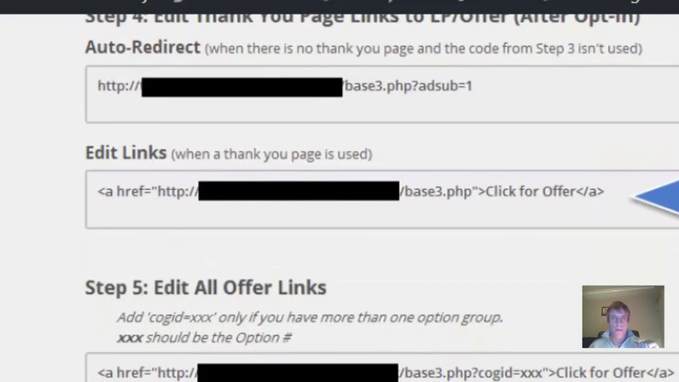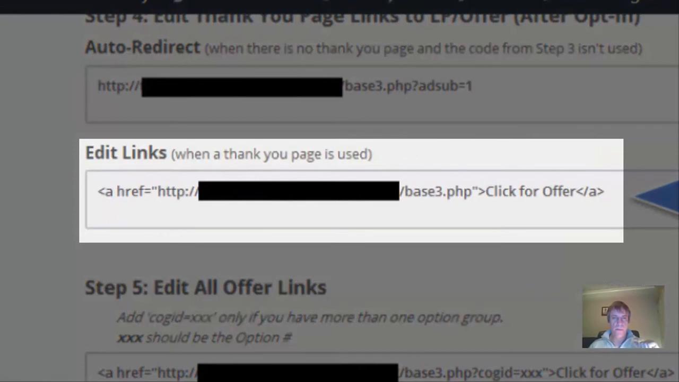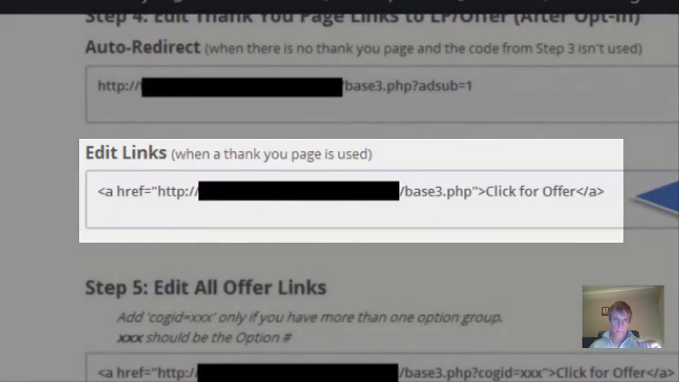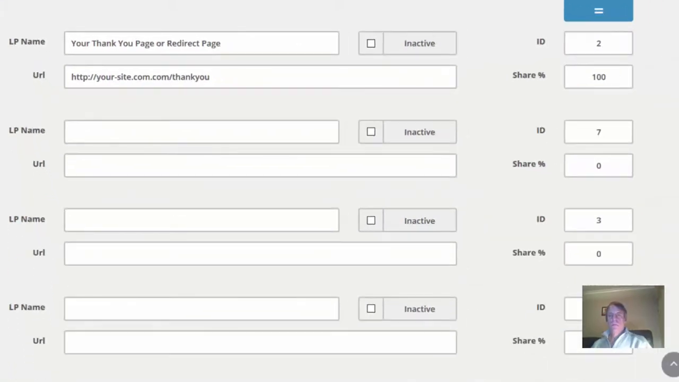You need to add the base 3 PHP. Okay, so it's changed from base 2, now we're on base 3 PHP. Right, so you sent people, they've opted in and you've sent them to your thank you page or your redirect page. So for this example, we're sending them to a